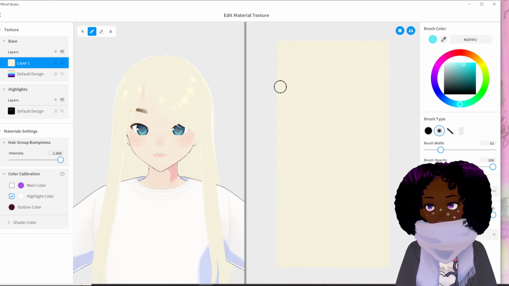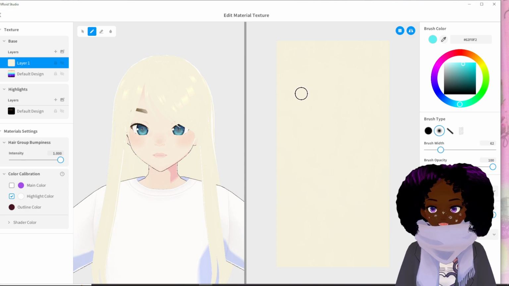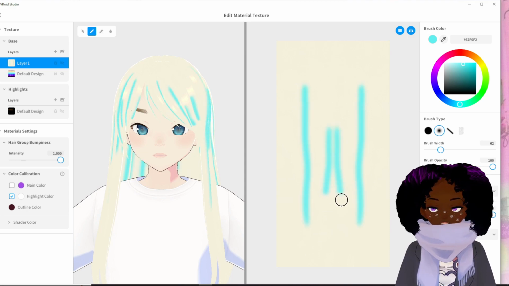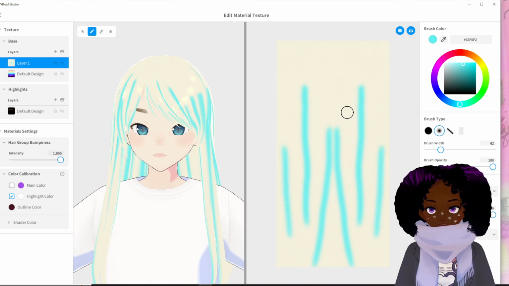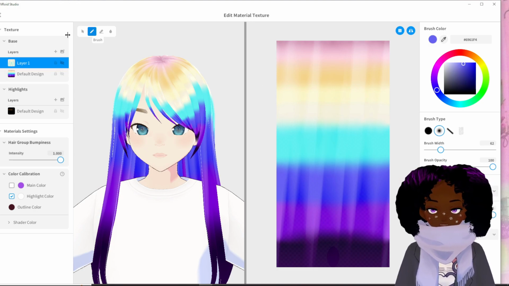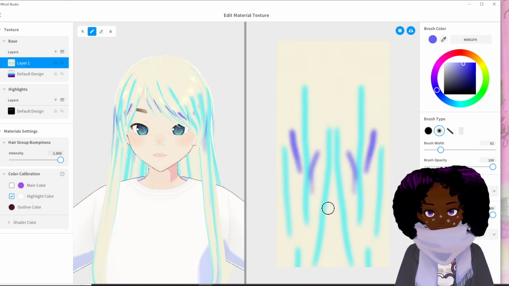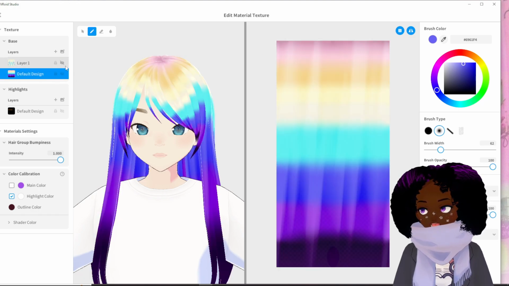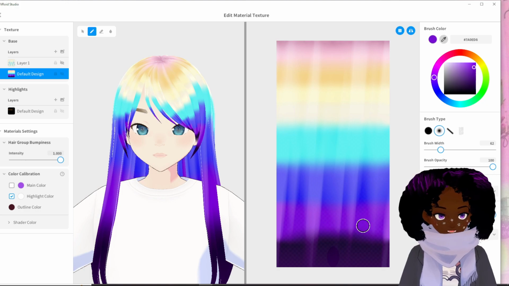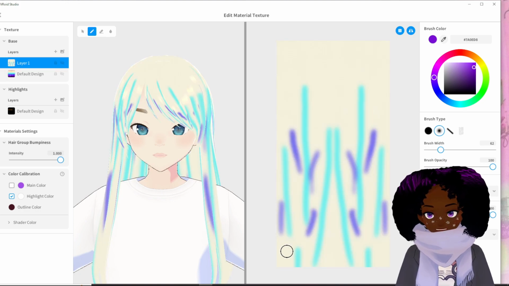Go back to that same layer, and you don't have to be perfect about it, but we're going to do very simple, random lines. They don't have to be perfect. I just don't want them all the way at the top because I want different colors. Next one I'm going to pick is this other blue shade. Do the same thing. And then next I will go to the purple, and I want the purple towards the bottom, just so it blends nicely.